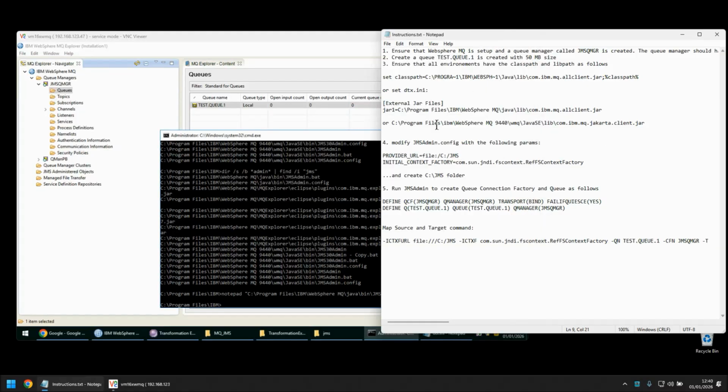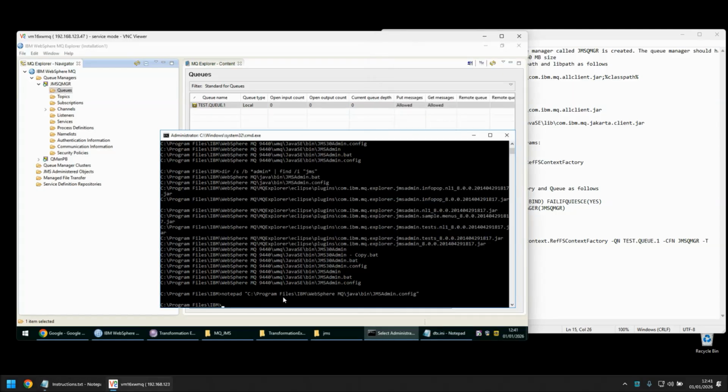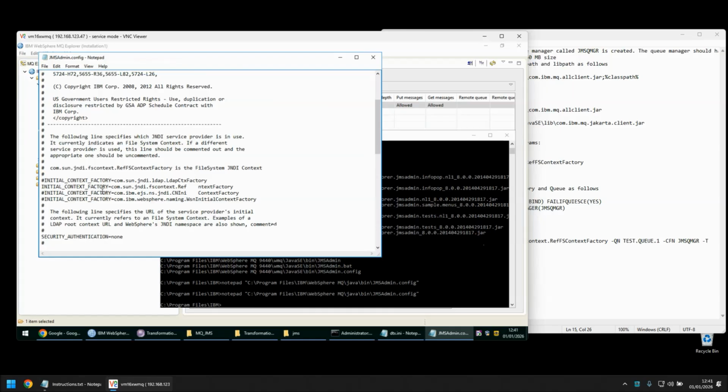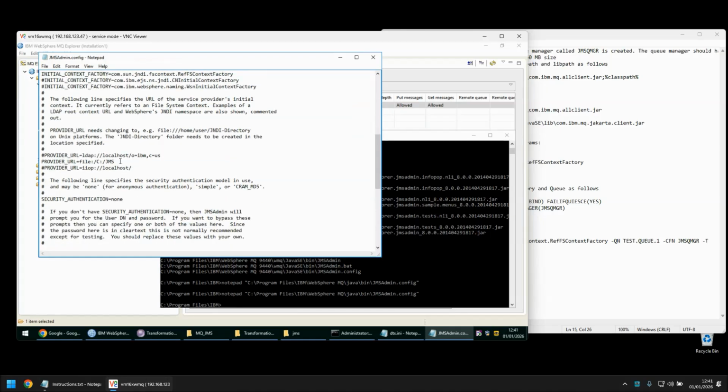Okay, next part of the instruction is to modify a file called jmsadmin.config. Now here, this file is found in the MQ installation under the Java directory in a folder called bin. I'm going to open that file now, and I've already edited this file, but basically the only line that needs changing is provider_URL. I've changed it to